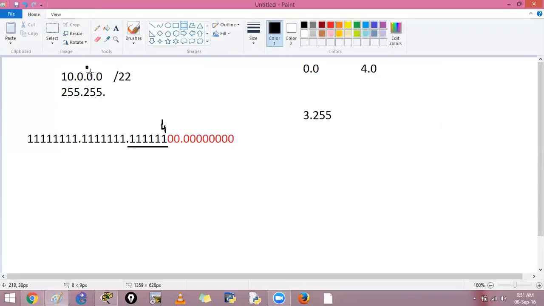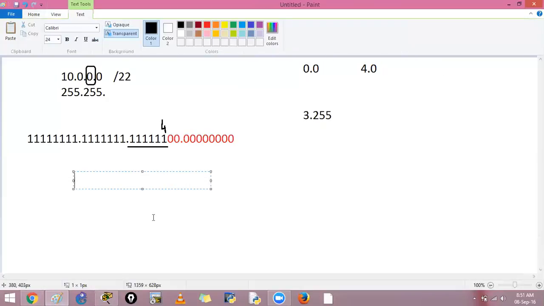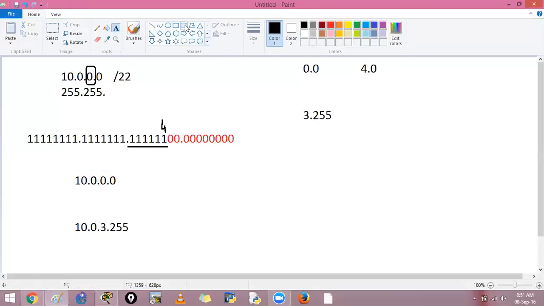The changes will happen in this octet. Let us see how to write the change. 10.0.0.0 and 10.0.3.255. This is our interesting octet. You're getting it? Any address between it will be